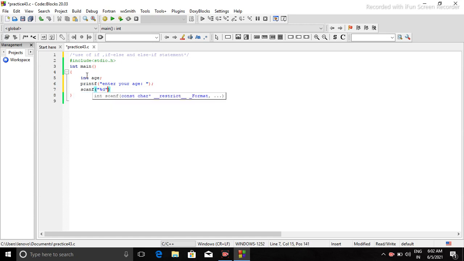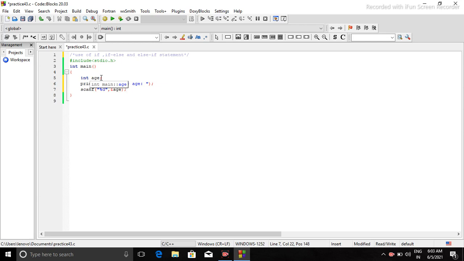So now I have the age of my user, and now I have to decide something. If is used as a decision control statement, as we discussed in the previous video. So in this condition also we have to decide something: based upon that age I have to decide whether he can get a vaccine or not.